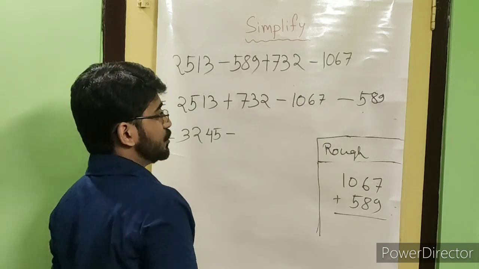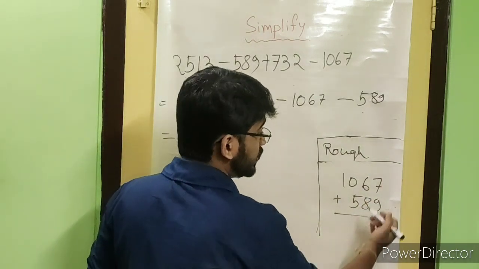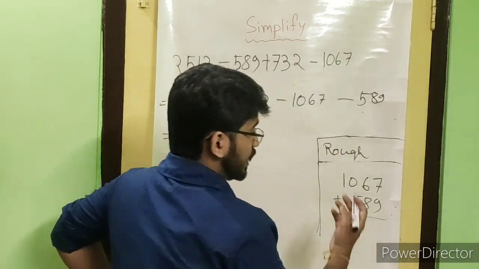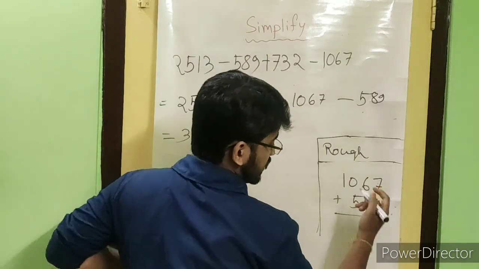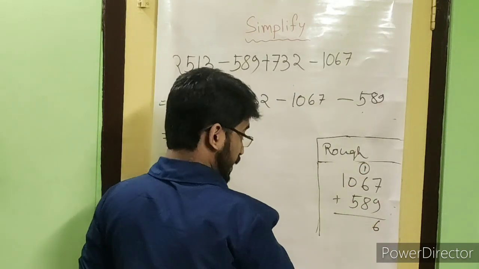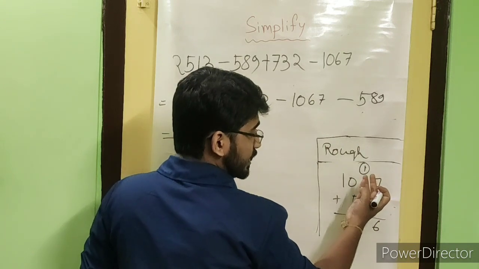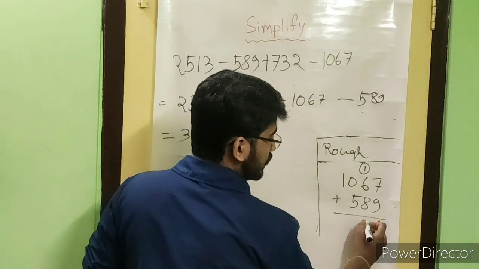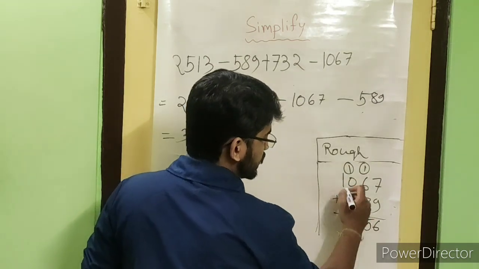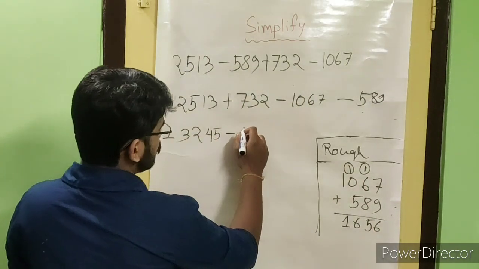So let's do the addition. 9 plus 7. 9 plus 7 equals how much? 10, 11, 12, 13, 14, 15, 16. 16, carry 1. 8 plus 6 is 14. 9, 10, 11, 12, 13, 14, plus 1, 15. Carry 1. 5 plus 1 is 6 and 1. So